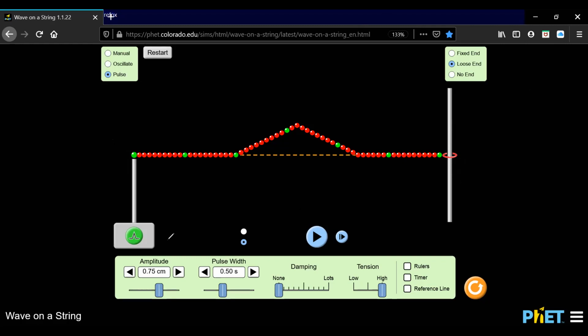For instance, let me show you something like this. If you have a very light string, well, actually, this is where you can be kind of creative with zoom. So if I have a string that is very light, and then it is connected and tied together with the string that is very thick, then what will happen is actually kind of interesting. So if I send in a pulse in this direction,